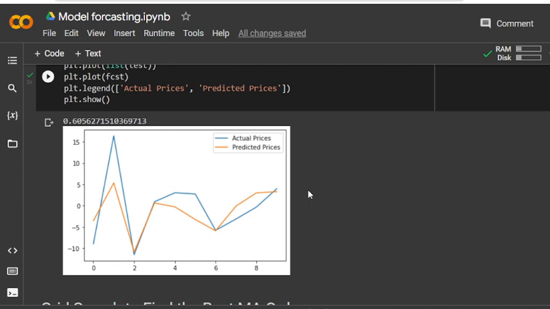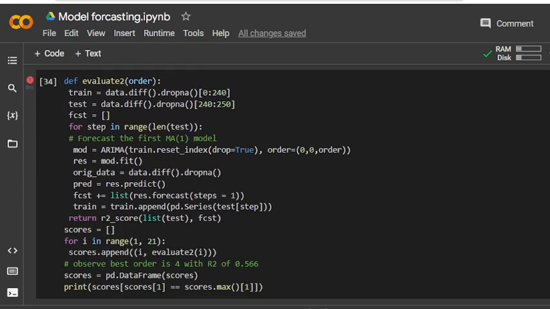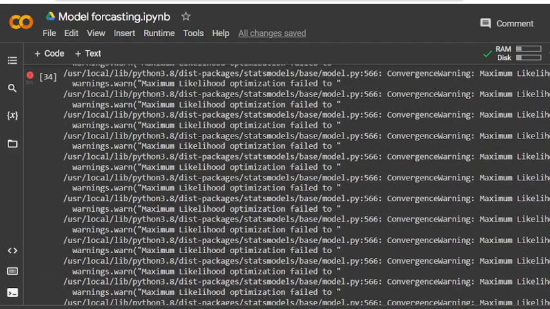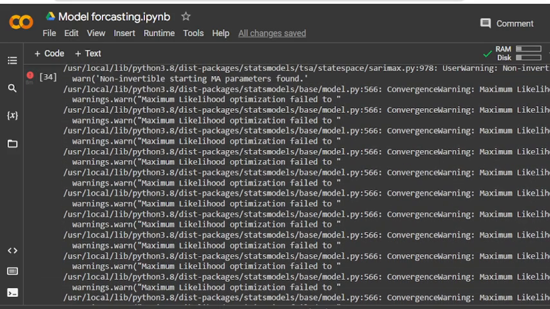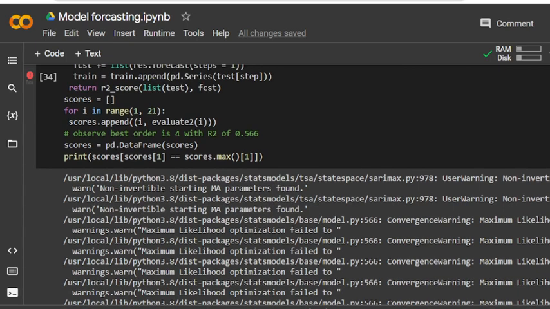We can create a grid search to find the best MA model, but it needs more time, because with a grid search your laptop may sometimes hang and it takes more CPU.